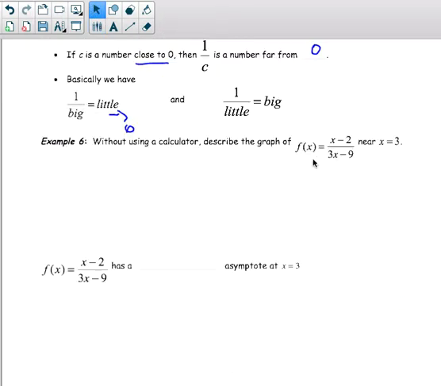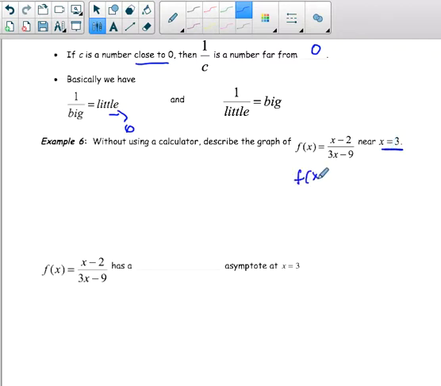So without using a calculator, we want to describe the behavior of the graph as x gets close to 3. Okay, so the first thing we often do with rational functions is you want to factor the numerator and the denominator. In this case, the numerator is already factored, but I can factor out the greatest common factor of the denominator, and I will get 3 times the quantity x minus 3. So when I think about substituting 3 in this function, if I put 3 in, the denominator goes to 0. Okay, so near x equals 3,